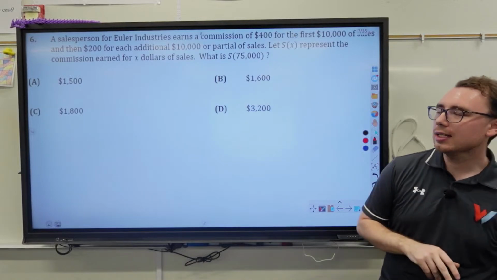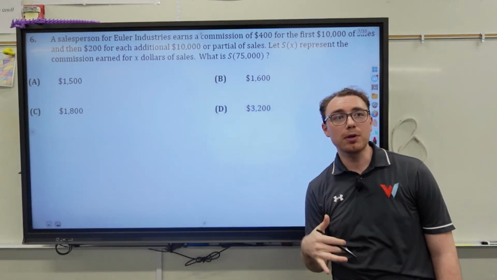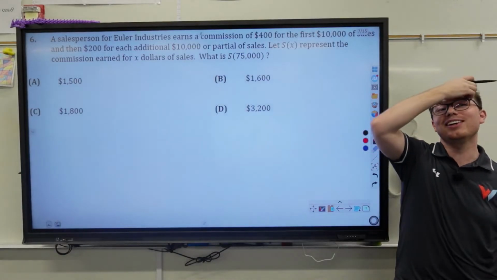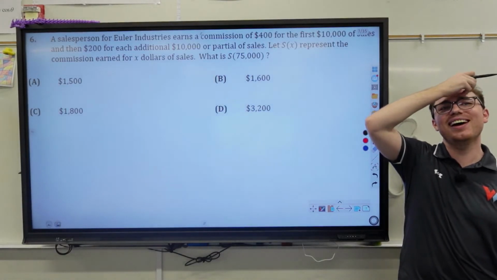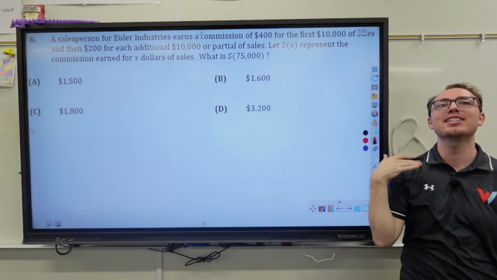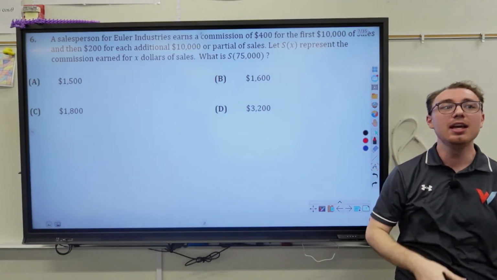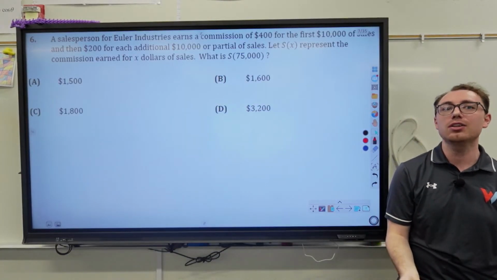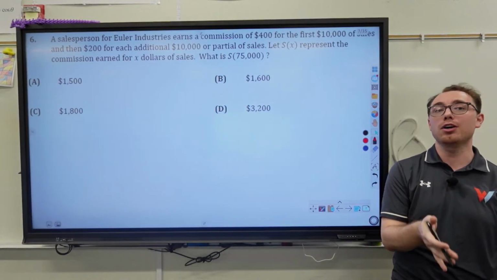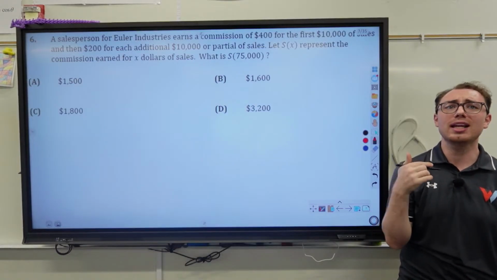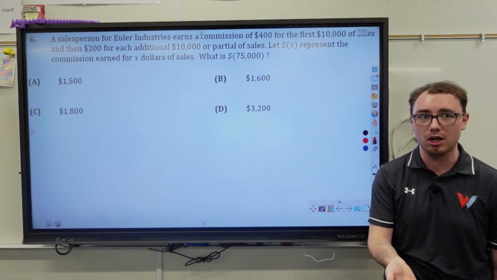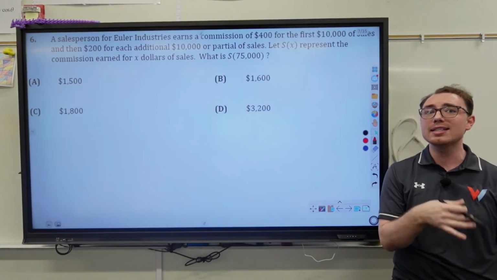We're now looking at part 6. For 6 here, a salesperson for this industrial company earns a commission of $400 for the first $10,000 of sales, and then $200 for every additional $10,000 or partial of sales. So let S of X represent the commissions earned for X dollars of sales. What is S of